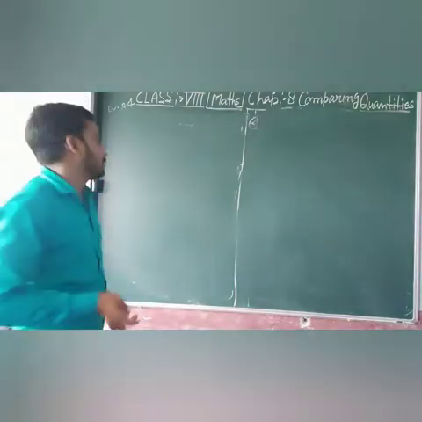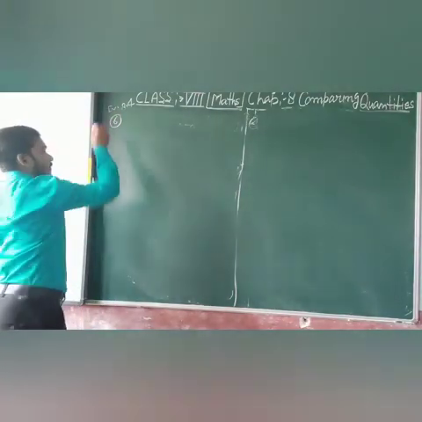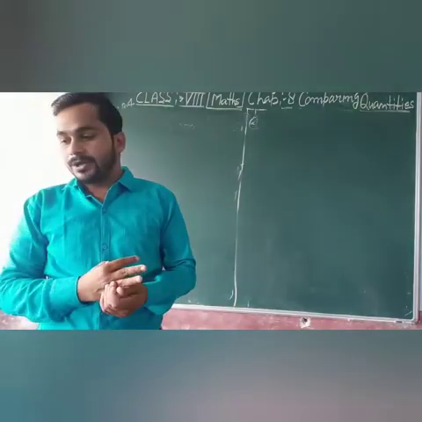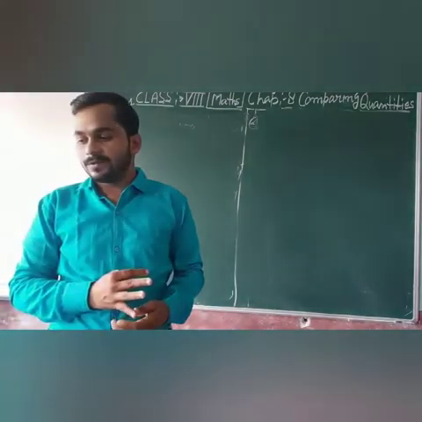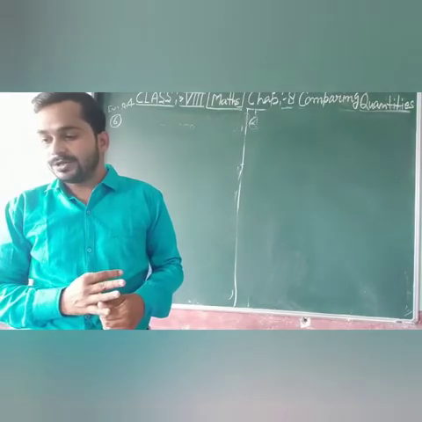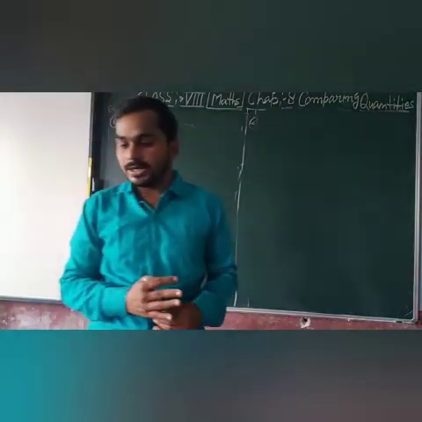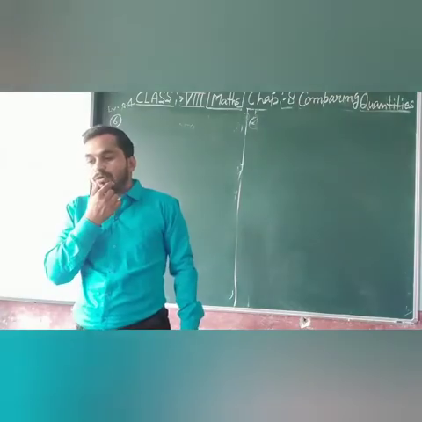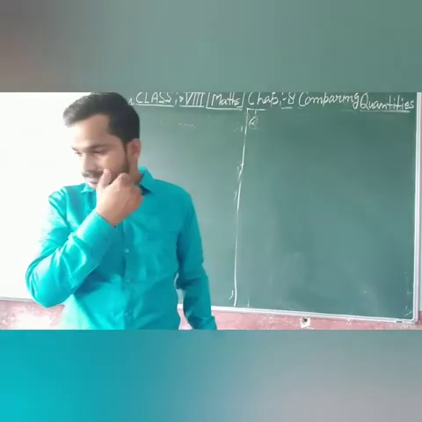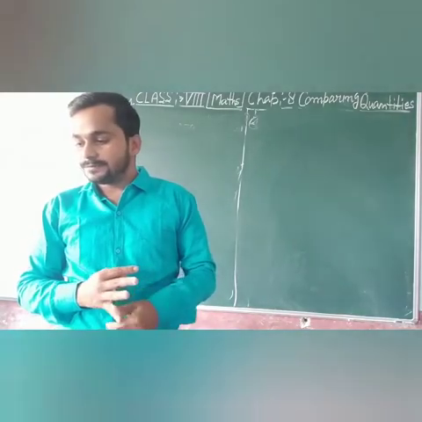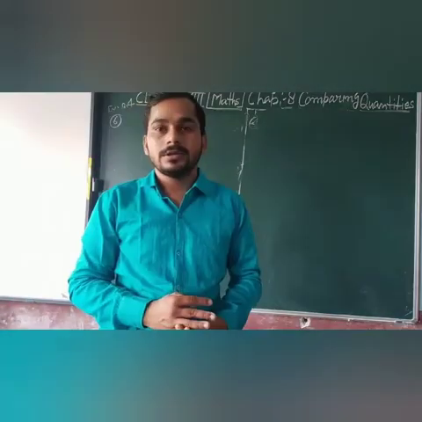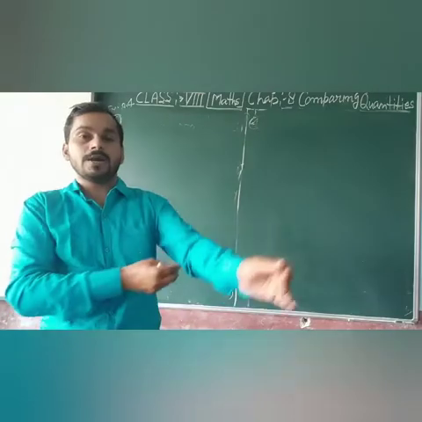Now question number 6. The difference between the CI, compound interest compounded annually, and the SI, simple interest, on a certain sum for 3 years at 10% is ₹62. Find the sum. आपको compound interest और simple interest का difference दिया हुआ है 62 rupees when compounded annually for 3 years at the rate of 10% per annum. Find out the sum. Sum means principal आपको find करना है.